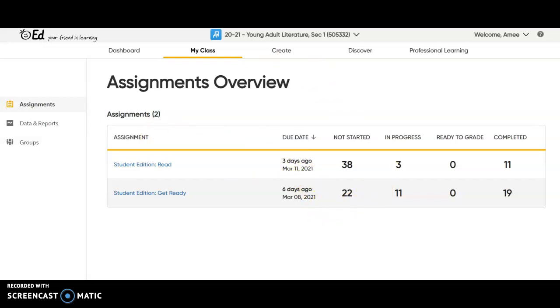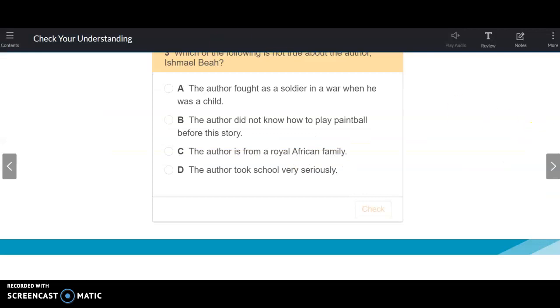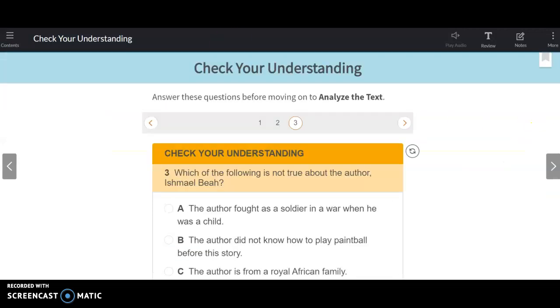All right, so for today, your work, remember, is this check your understanding. It's just 3 questions about the reading. I thought I would give you a very light assignment today in case you're one of those many people who did not do last week's work yet, because we are sticking with this essay for a little while. You will have to go back and start from the beginning, at the beginning of block 5 assignments, in order to be able to do any of this.